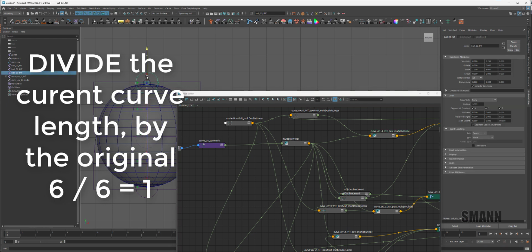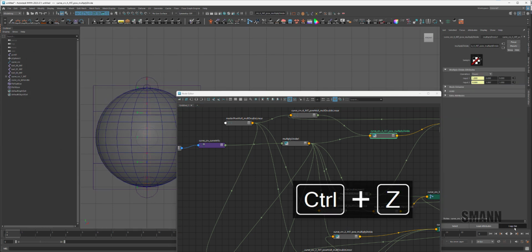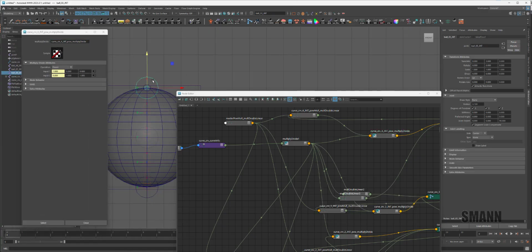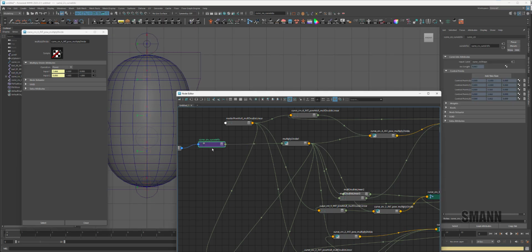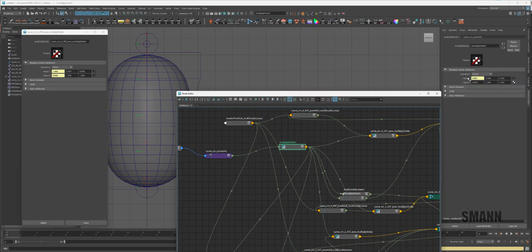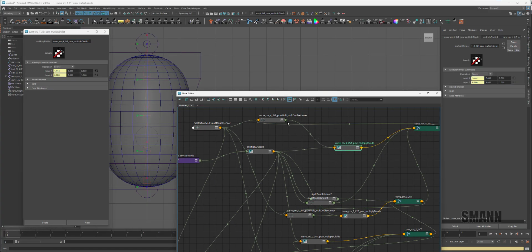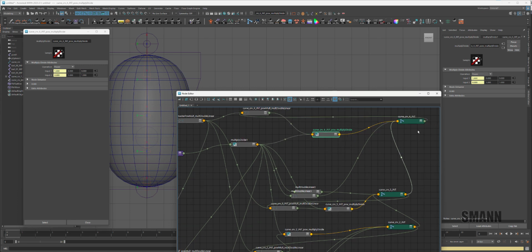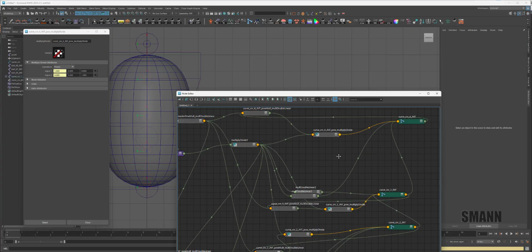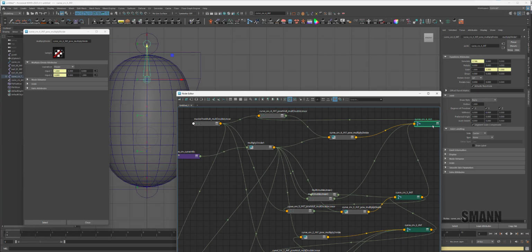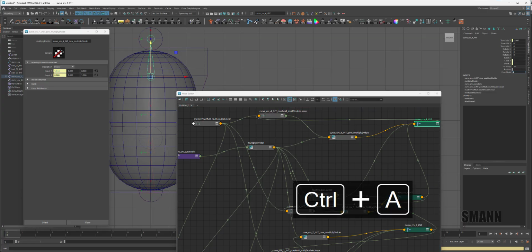If I was to pull this a little bit, actually let's do this. Let's copy that tab so you can see this happen. So if I was to pull this, what's going to happen is my curve info is going to give back that arc length. This is now longer. So the multiply divide, if I'm dividing by my original length, is going to give me a value of being stretched. And then that stretched value times my value here that I've given it, which is just an arbitrary value, is going to then go into the YZ here. So if I go and look at the joint itself, and I change this to say like 0.5,